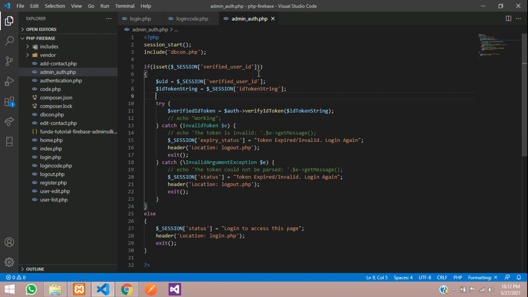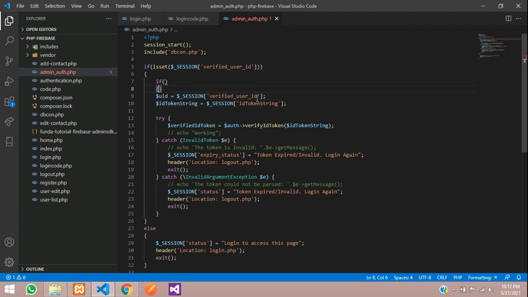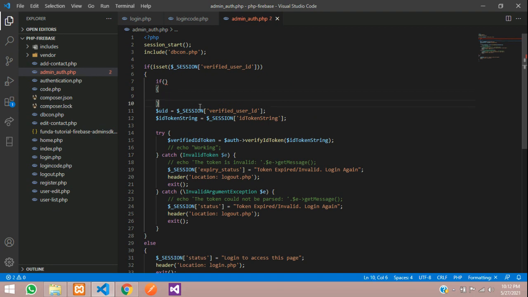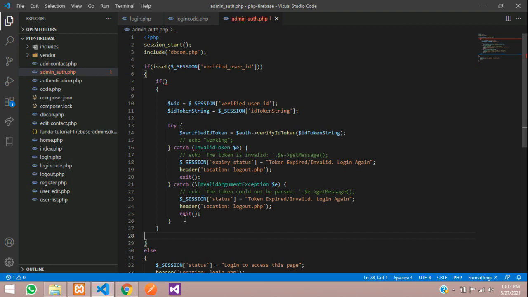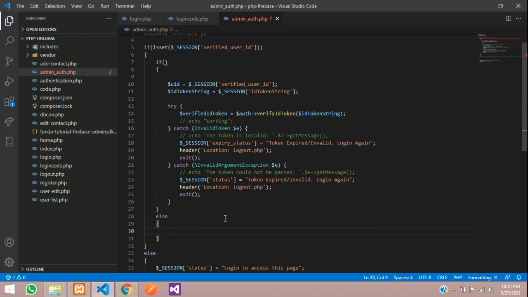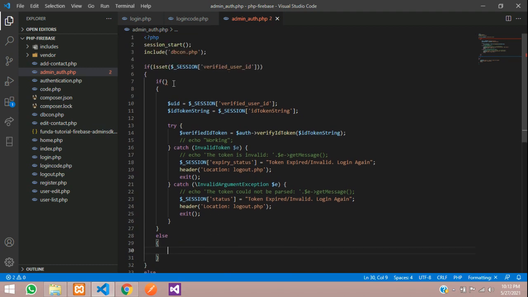Now guys, we are going to make a few changes as per the admin roles. So let's use an if condition, and all of this will be inside this if condition, else you are going to show that he is not an admin. Okay, let's come here.